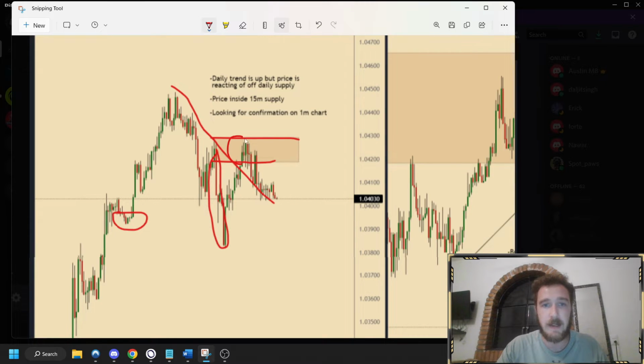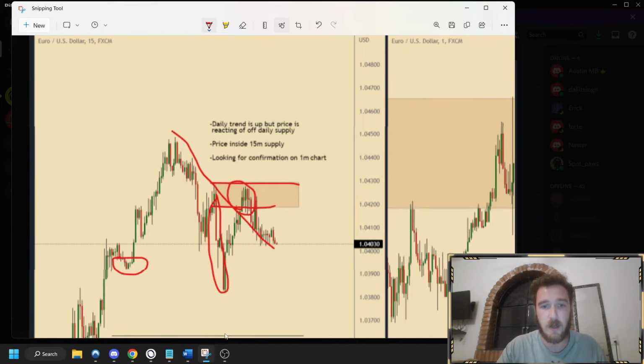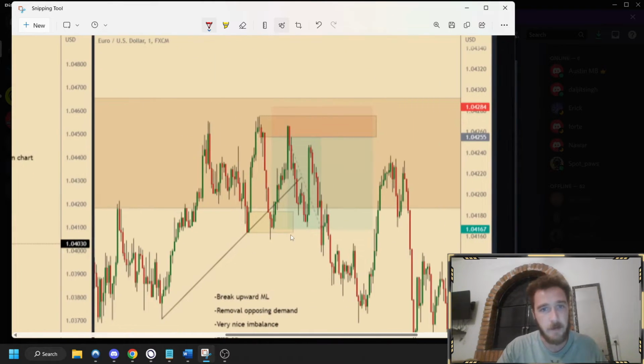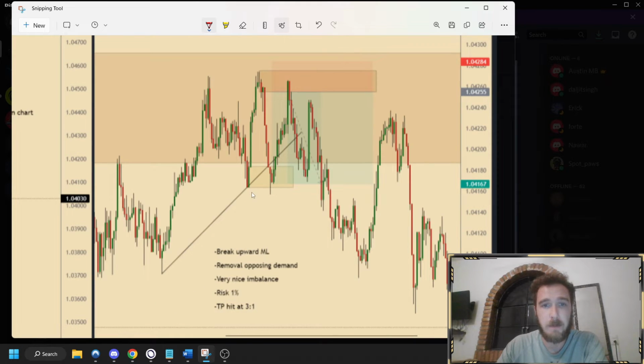So we are thinking, hey, we are at that point in time where we might start to see price start to turn on a smaller time frame. So he went down to a smaller time frame, being the 1 minute, and he saw higher highs, higher lows, higher highs. He's waiting for his entry. He saw this break an upward trend line, which is one side of confirmation, as well as he removed an